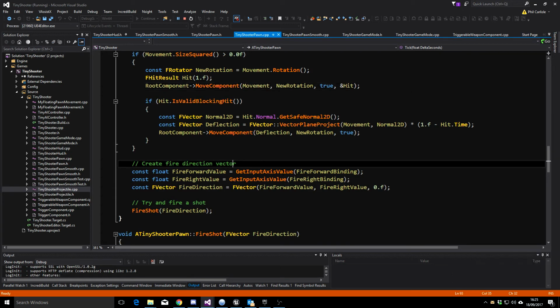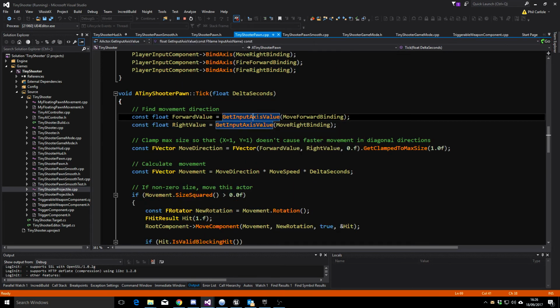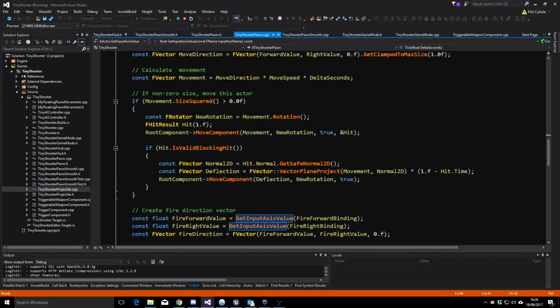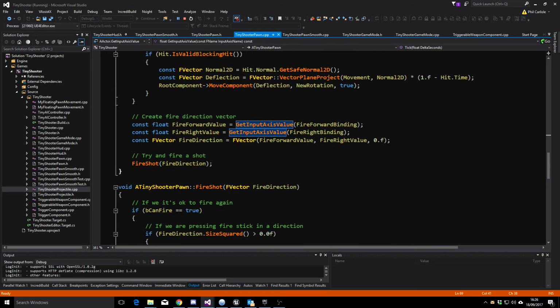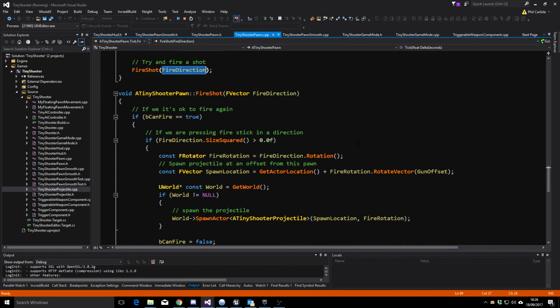So next one. I haven't done yet what that was. Fire action. So next one is it's going to get the axis value. So this is stick 1, essentially the left stick, which is the movement direction. And then the next part is the right stick, which is the direction to fire in. And all that means is, again, it's filling in an F vector, and then it's calling this function FireShot. Now, FireShot is just going to take a direction vector to fire in relative to the ship. What FireShot is going to do is say, if we can fire,